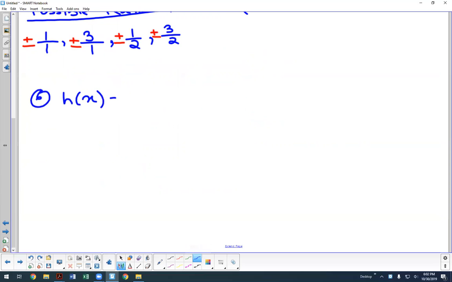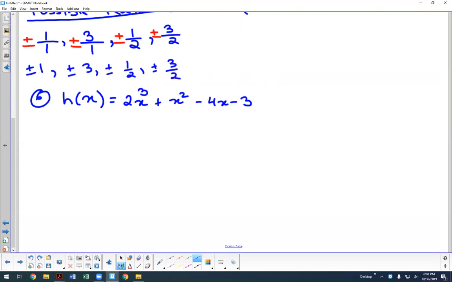So when you're finding all the zeros, you're basically testing to see out of these 8 options which ones are going to work. Now, of course, the ones that are being divided by 1 are going to be plus or minus 1, plus or minus 3. And then these ones, of course, will be our fractions. So we're checking out of these 8 options to see which one of them is actually going to be a 0. We're not going to check all 8 of them. It does take a long time to do that. I have, however, given you enough space on both sides if you wanted to check, but I'm going to check just a